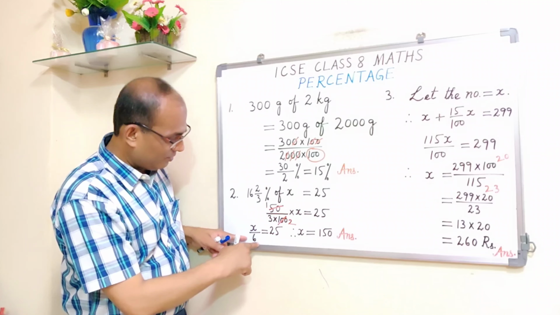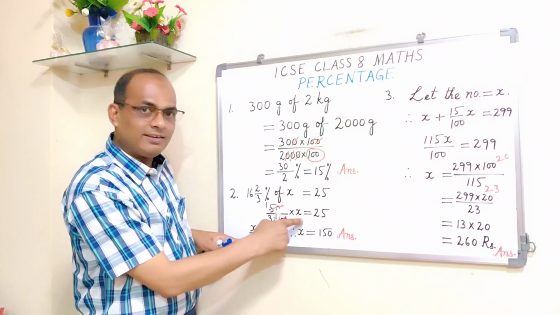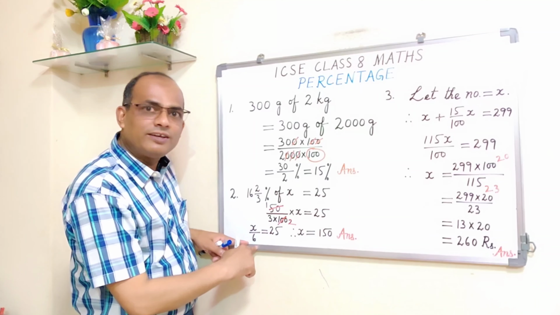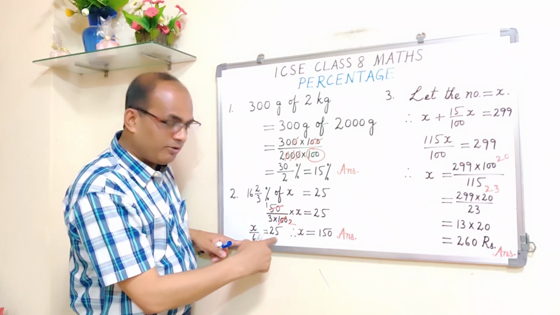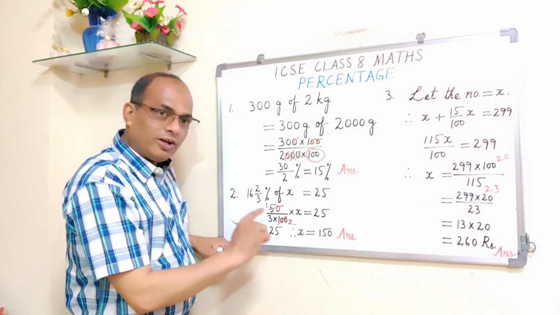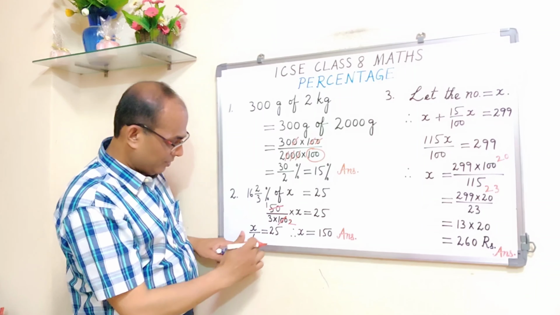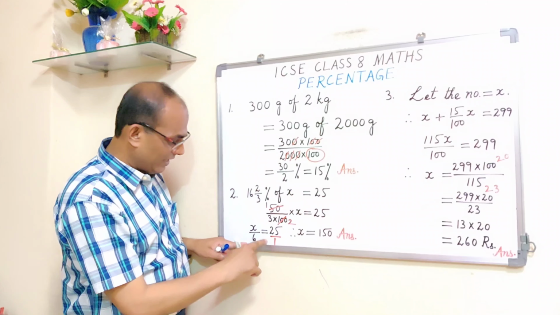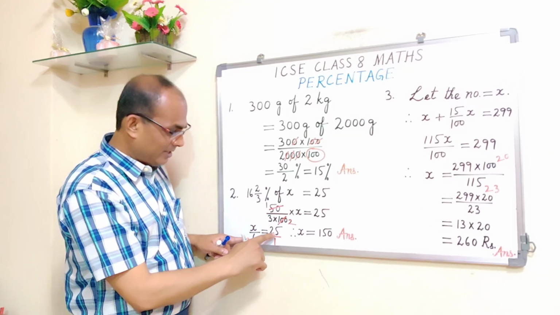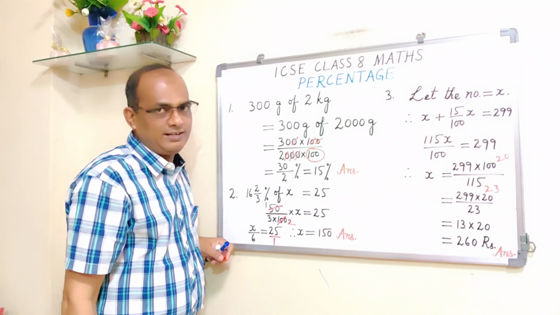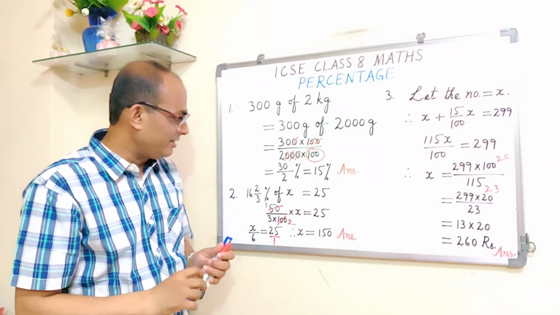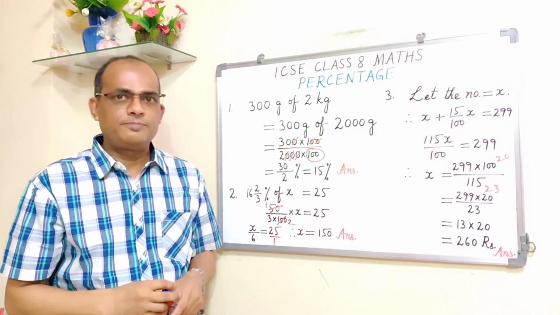1/3 to the 6 is 1/6, and x as x here, right? So x into 1 is x. X/6 we are getting here, and it is equal to 25. Now when you cross multiply, therefore x is equal to, because here you don't have anything, so we have 1. Nothing means 1, so 1 into x is x, and 6 multiplied by 25 gives you 150. That's the answer. 150 is the answer. So the number is 150. Because it is a number, so no unit.